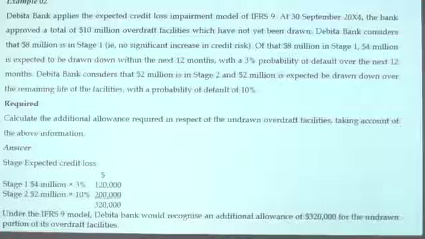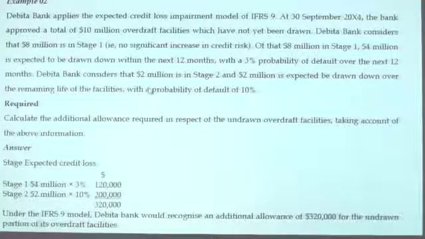The provision would be 3%, a probability of 3% of default over the next 12 months. Then on what do you need to make a provision of 3%? 8 million or 4 million? Only 4 million. 8 million is in stage 1, but in the next 12 months they will utilize only 4. You will recognize only the 12-month loss. Therefore, the maximum loss will be 4 million. But your probability is 3%. Therefore, on 4 million, you will recognize 3% as a provision. Clear? Then the balance of 2 million is in stage 2, right?